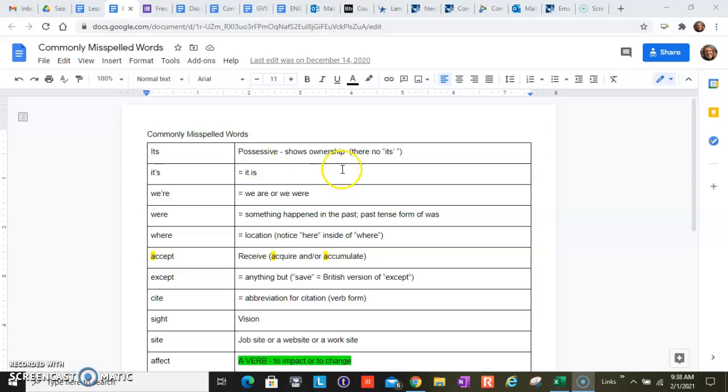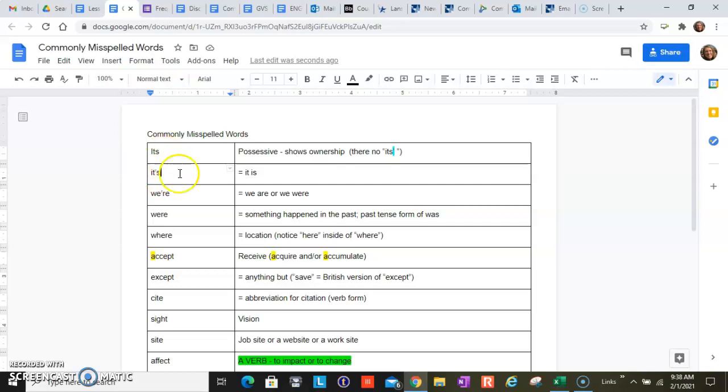So anyways, there is no "itses." I don't know if you can see this extra apostrophe, but there is no, I hate to say it, "itses." See that little apostrophe? There's nothing of that at all. Nothing to show possessive. So it's just ITS. So if you can say "it is," then you can use the apostrophe. There's only one apostrophe in it, and it's between the T and the S.